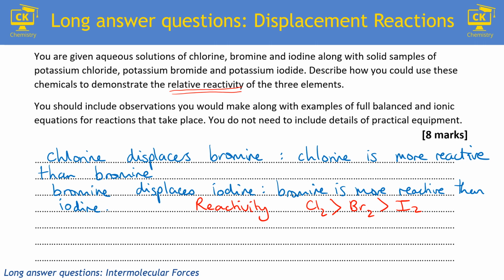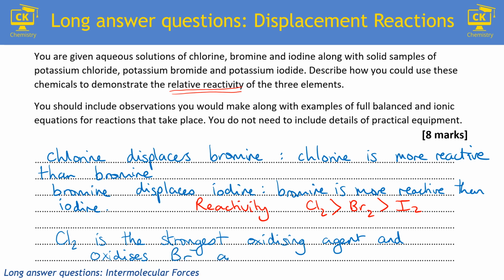However, you could be even better. If you want to really level up your language, you could say Cl2 is the strongest oxidizing agent, and it oxidizes, in this case we do want the ions, Br minus and I minus. You could then continue and say that bromine Br2 is able to oxidize I minus but not Cl minus. So that is a better way of saying they're more reactive, but in this question it's not needed,